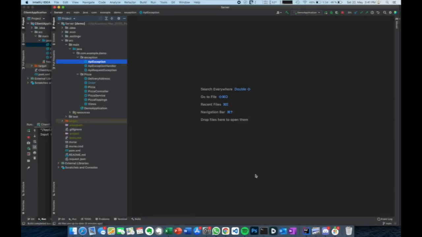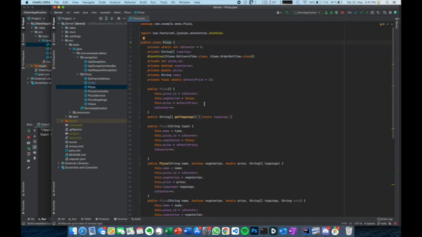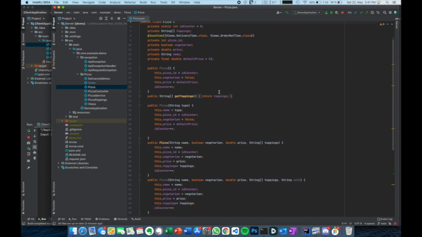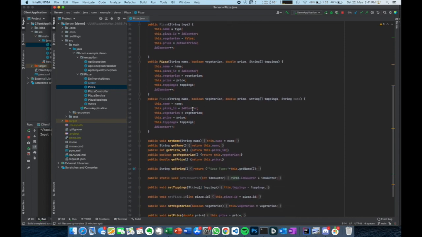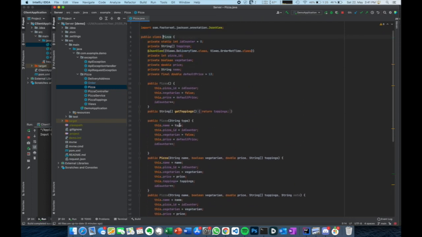Before we dive into our final application and how it runs, we first show you our server. This is the structure of our server, and we will take a small glimpse into each file and talk you through what each file is doing. So the main component, I would say, is the pizza. You can see the different instance variables each pizza has. We also have multiple constructors. As you can see here, we also have the return method for the toppings and all the other setter and getter methods for each